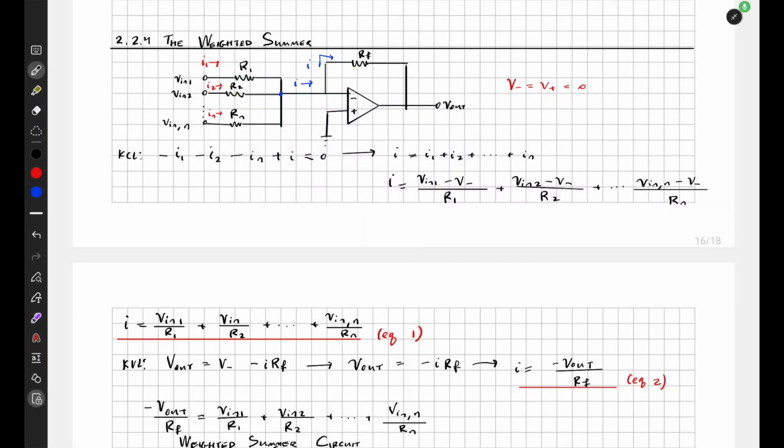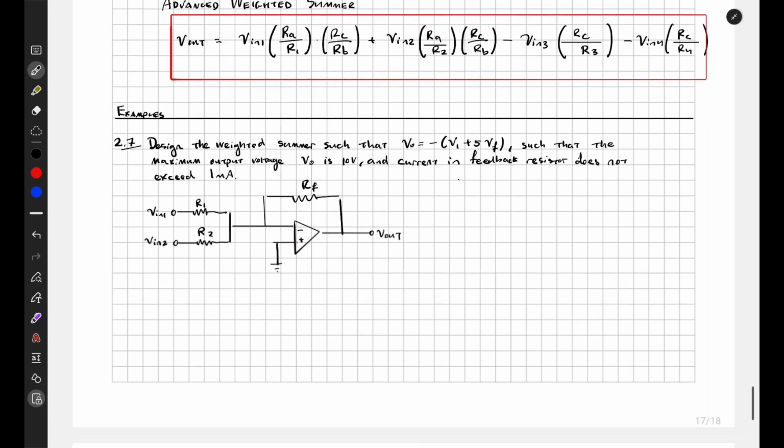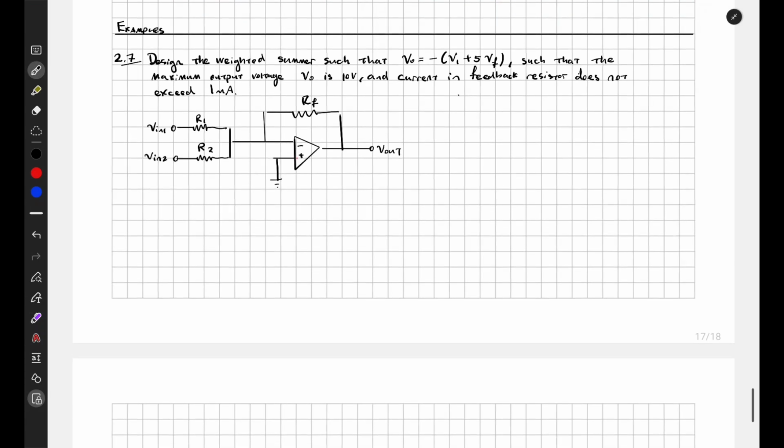We have discussed the weighted summer circuit, which is a type of op-amp configuration that we can use to do addition of input signals weighted by the resistor values. So now we will do an example problem to practice this, example 2.7, and the prompt says we design